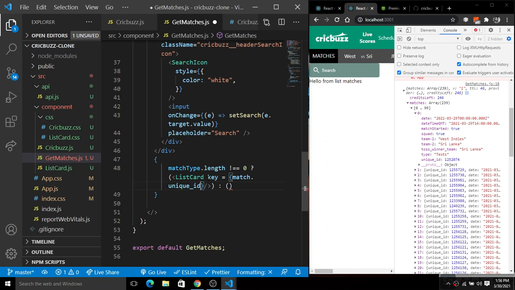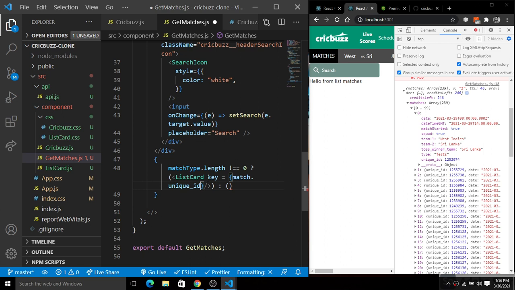And we will simply pass these things to the match. Okay, I think there is an error. Okay, not closing tag, right? I forgot about the closing tag. So we have this match, match unique ID. Okay, so we have a match, we don't have these things. Match unique ID and the match data, right? Okay, so let's go. We have this match type dot length.